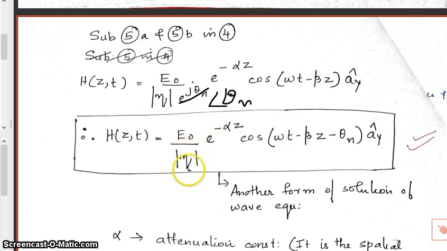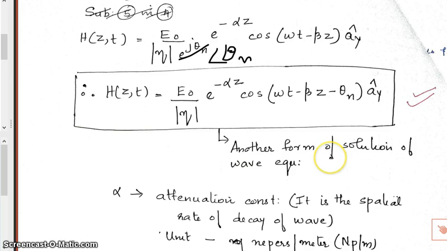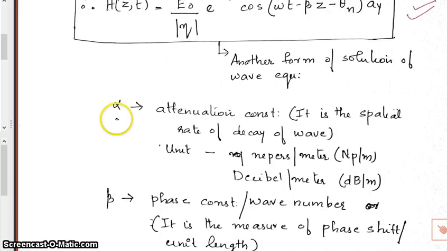Intrinsic impedance is read as eta. So E naught by eta into e raised to minus alpha z cos omega t minus beta z, then minus theta n into ay. So this theta n from the denominator is taken to the numerator, so that it becomes minus theta n into ay. It is another form of your solution for the wave equation,